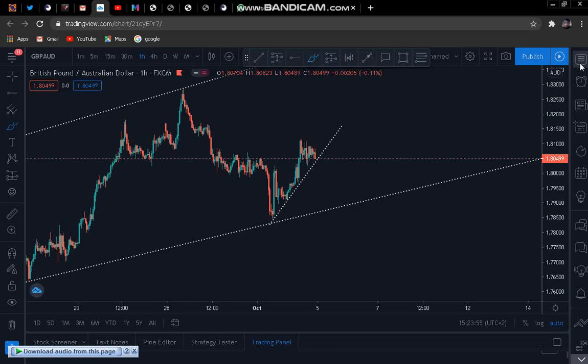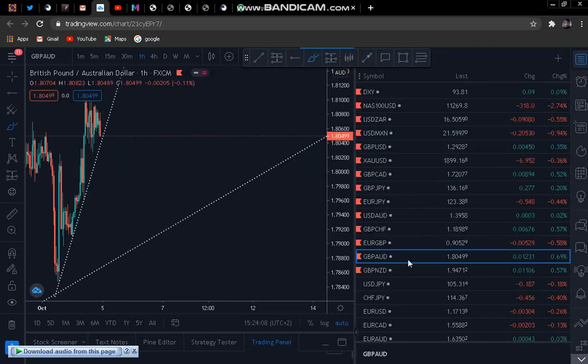So for this week, this is what we are looking at for GBP pairs. We have GBPNZD, AUD, JPY, CAD, USD, and what you need to realize is that you only need to take advantage of one of these pairs. If you make your trades at the right